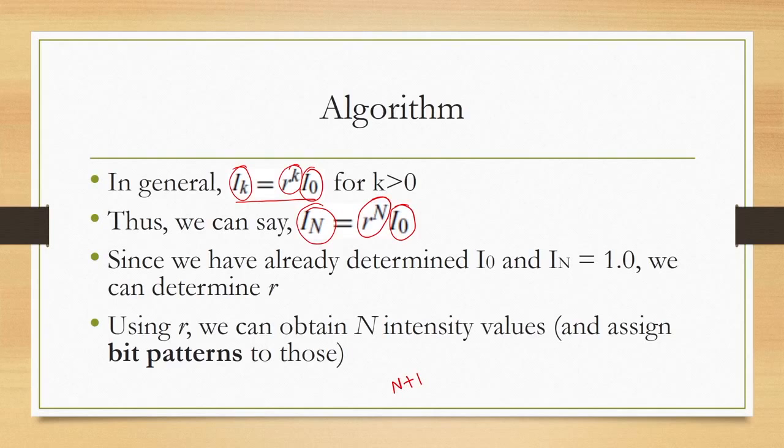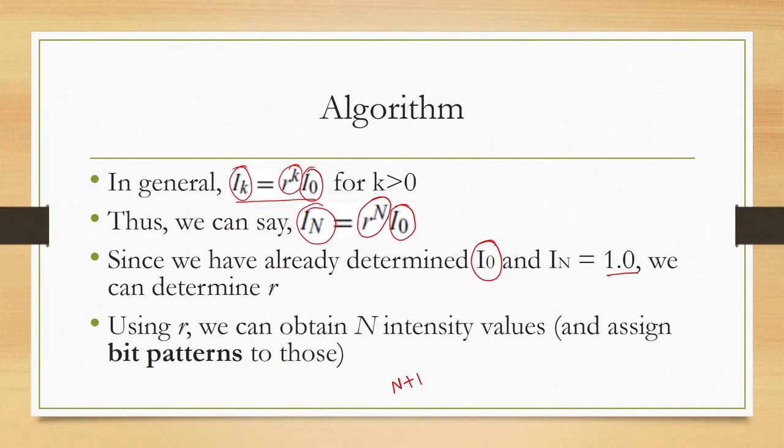So, then what we need to do, as we already discussed, we have already determined the minimum value and we assume the maximum value to be 1. Minimum value we determined using a photometer and we are assuming the maximum value to be 1. Then using this equation we can determine the value of R